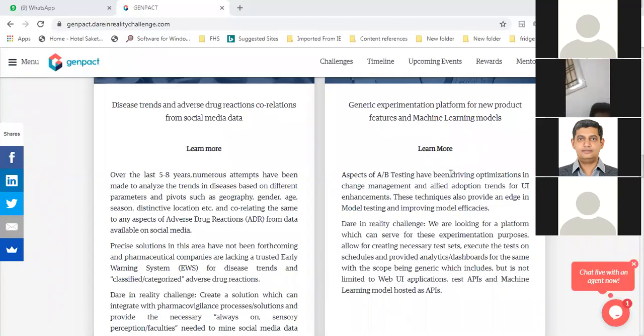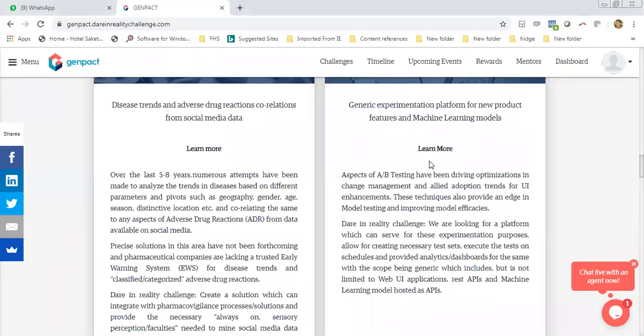So moving on to the next use case. Yeah. So while we talked about pharmacovigilance, the next use case is a little bit on the other side of the world, right? This particular use case is primarily for you to build out a solution which can be like a sieve or a sort of testing environment for ensuring that there is good comparison done between, let us say, a previous version of something in the solution versus the new version, right?